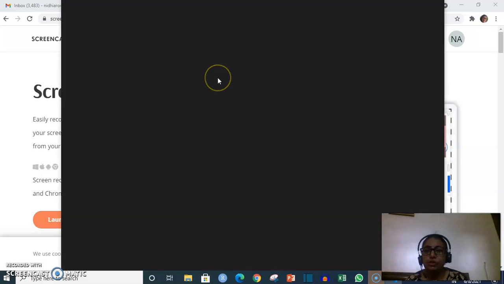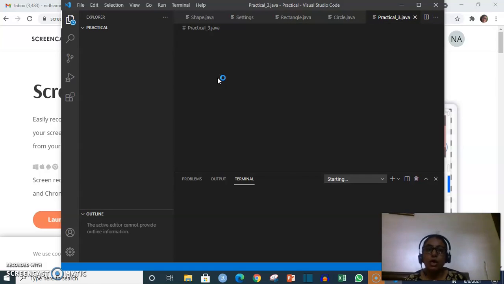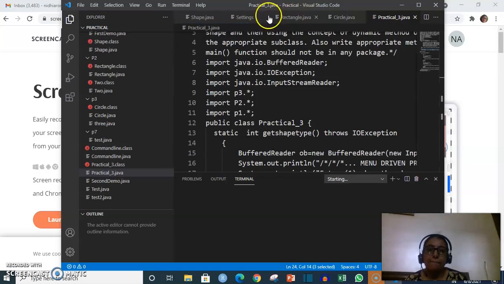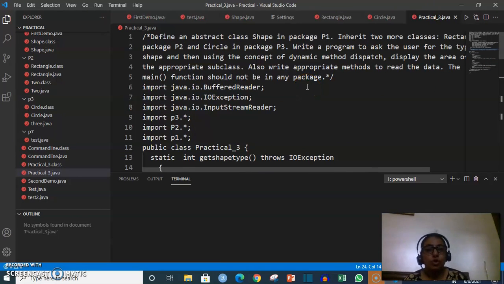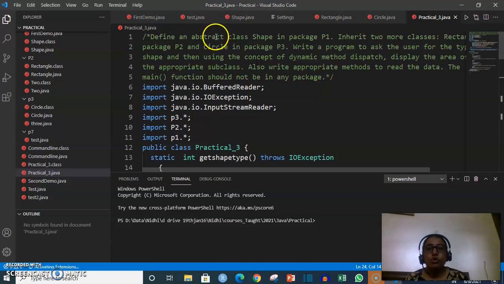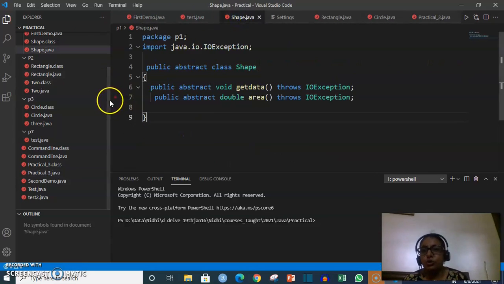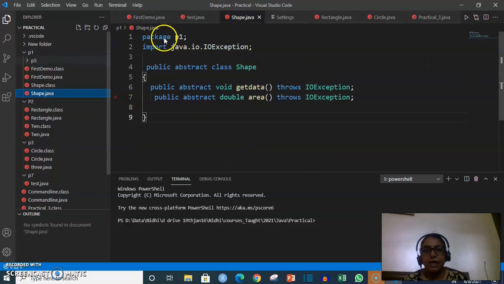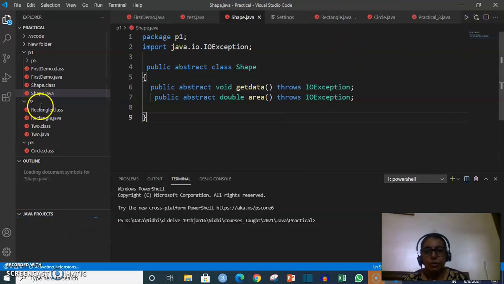Since I have to declare three packages, P1, P2 and P3, the first important thing to keep in mind is that you should have a folder for every package you want to create. I'll show you here on the left hand side. It's Visual Studio Code that I am using for executing my Java programs.